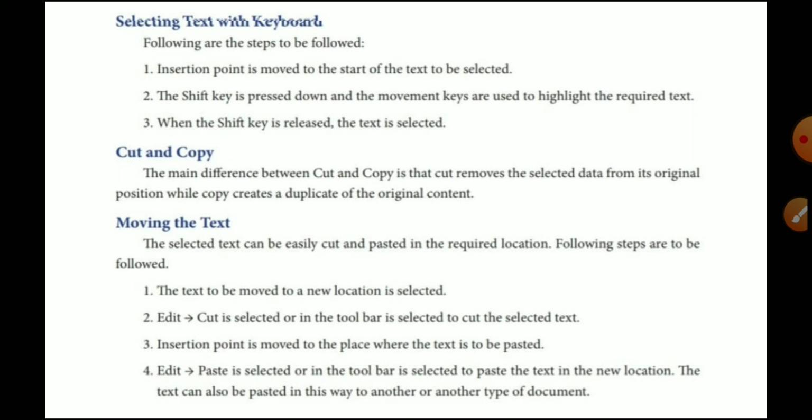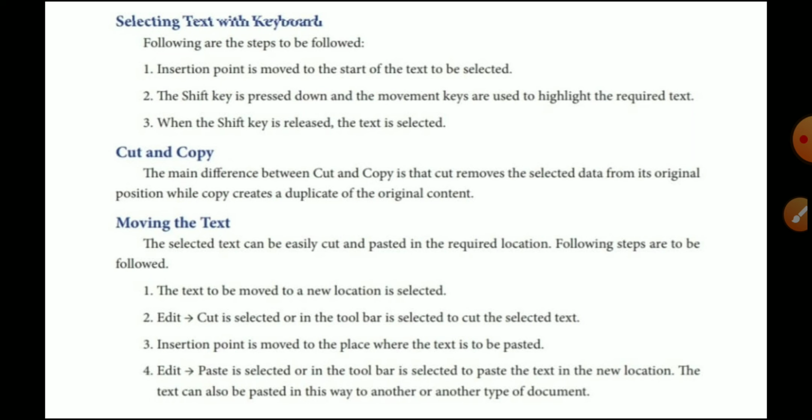There are two ways to cut or move lines. Go to the menu bar, Edit. Before that, we have to select a line. Whichever line you want to cut or move, select it with the help of the mouse or keyboard, and then click Edit.